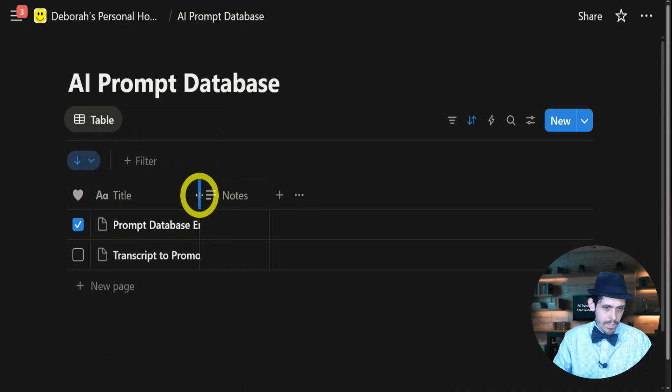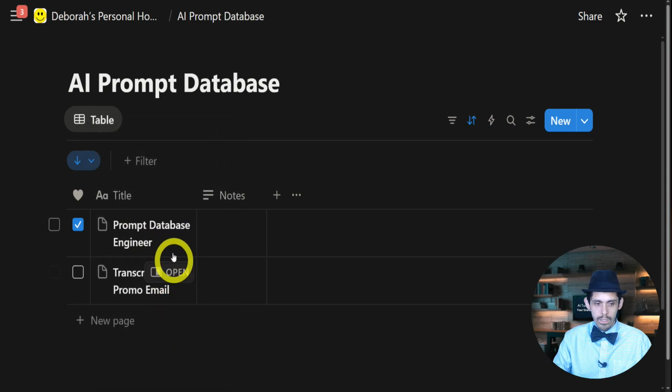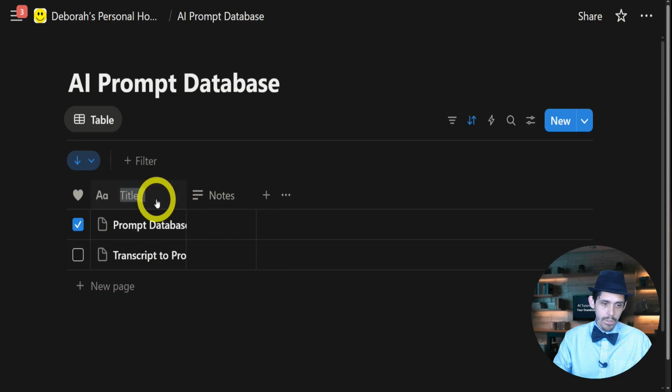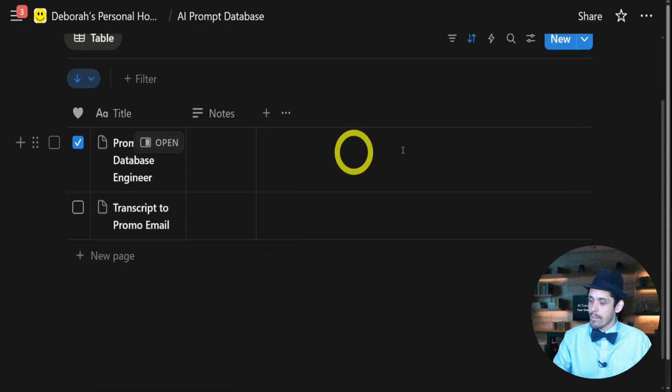Now, when I resize this, as you could see, it cut off the words. I actually want to maintain the words. So in order to do that, I'm going to hit wrap in view. Wrapping this in view will allow it to, as you can see, put the whole text on the bottom. So if I unwrap it in view, then it crops it out when these are too long. So that's convenient depending on the use case, but for the title, I generally want to always see it. So I'm going to wrap in view that. Then the next prompt that we're going to be doing is